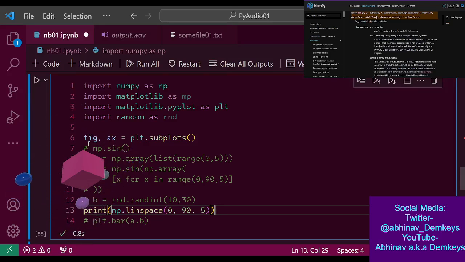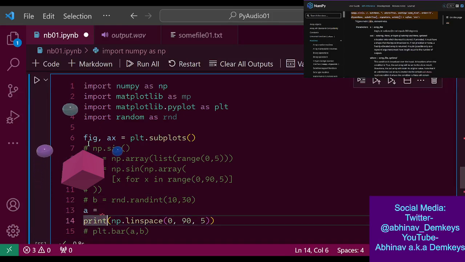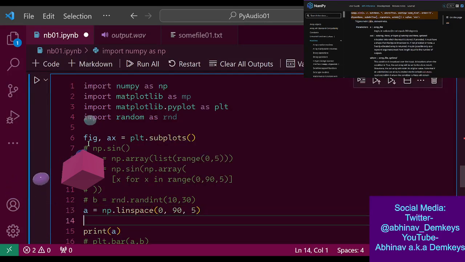So how do I go about this? What was I trying to do? Oh yeah, I need to convert the whole thing to radians. Okay. First, let's put this whole thing into this, and then we'll print this. Okay. So then A equals